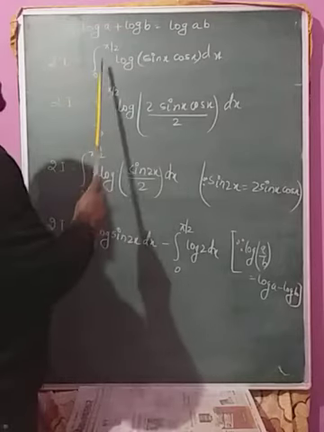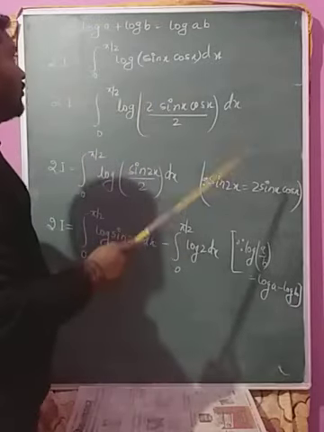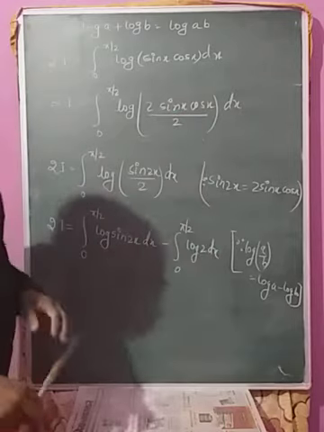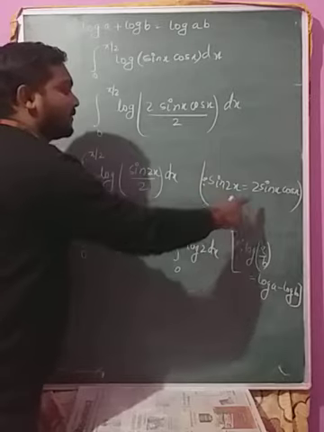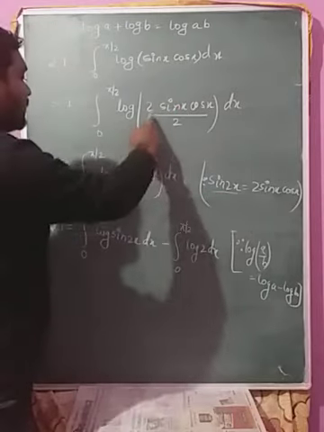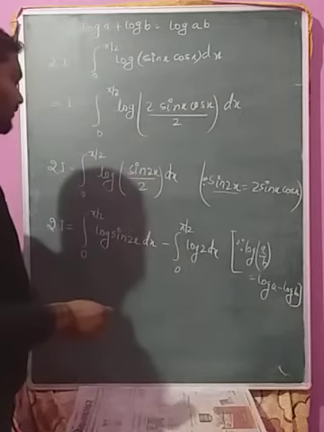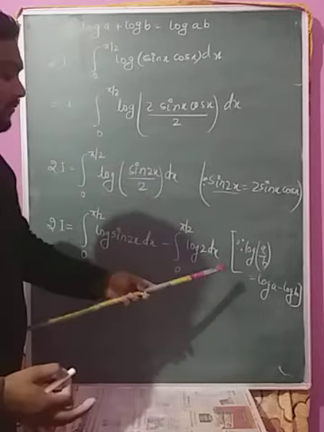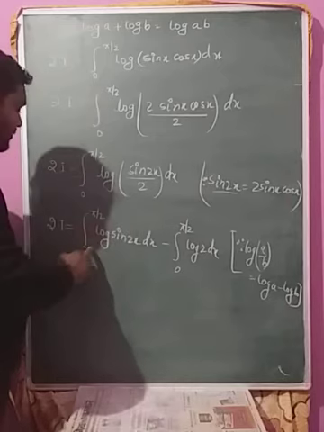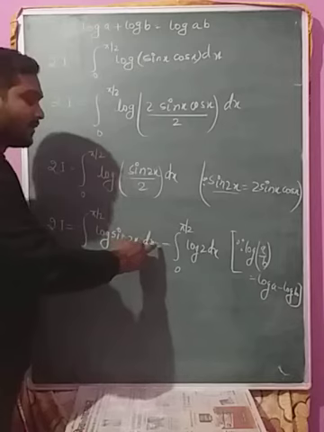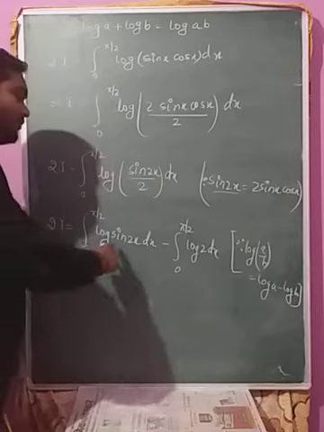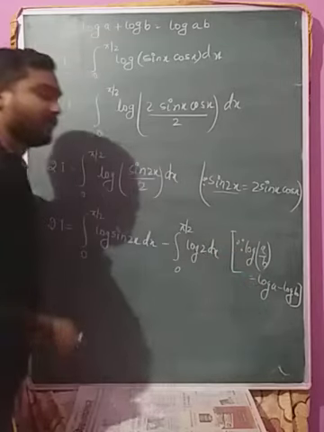Now 2I equal to 0 to pi by 2 log sin x into cos x dx। Now multiply and divide by 2, we have 2 sin x into cos x by 2। Further, since sin 2x is equal to 2 sin x into cos x, so 2 sin x cos x is replaced as sin 2x, so we have sin 2x by 2। Further, we use a formula log of a by b, which is equal to log of a minus log of b। So log of sin 2x by 2 dx is equal to 0 to pi by 2 log sin 2x dx minus 0 to pi by 2 log 2 dx, with the limits 0 to pi by 2 in both cases.